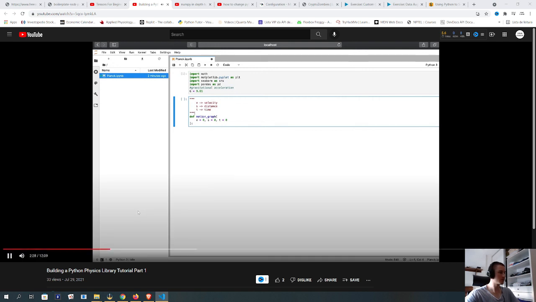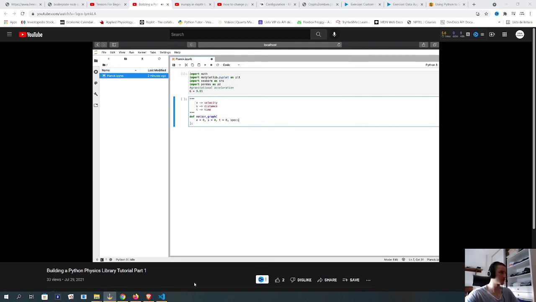And lastly, we'll have a different argument called specify. Specify is a string, and it will be used from the user side to specify what type of graph they want to see. So let's go here and define specify and add several options here. For example, PT will be position time graph, VT will be